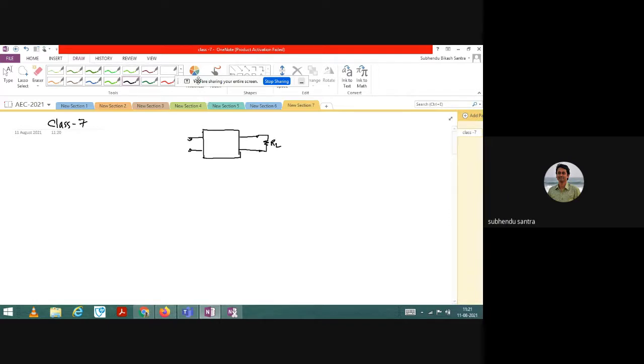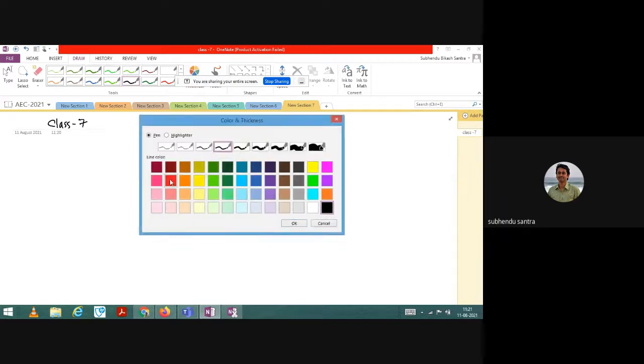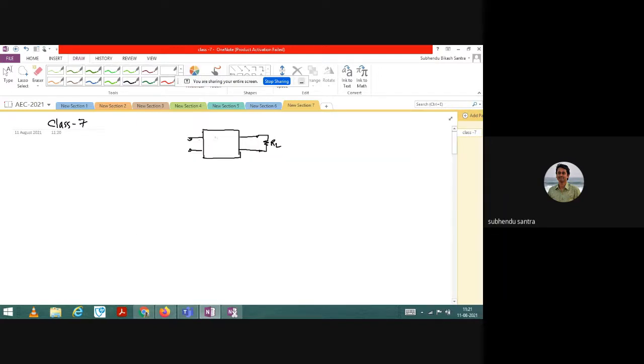Now I told you that a clipper is known to be a series clipper if the device you are going to connect is in series between the input and output. It may be positive, it may be negative, but the diode whatever you are connecting should be in series with the input and output line. But unlike that, in the previous class I have just started that if you put the diode in the parallel branch, maybe in this direction or in the other direction, that doesn't matter.